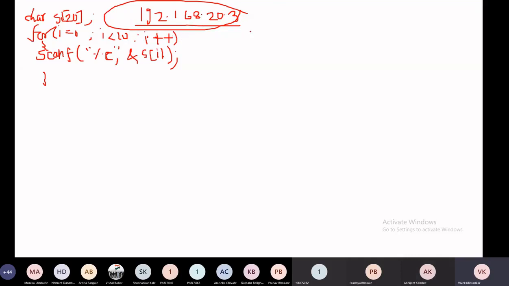It might be in some cases 12, or 20. So this character array inputting is not appropriate. That's why we require a character array which ends by our requirement, that should end, and that we call a string. So what is a string? It is a collection of characters which is terminated by null. Null is a special character which is the end of the string.